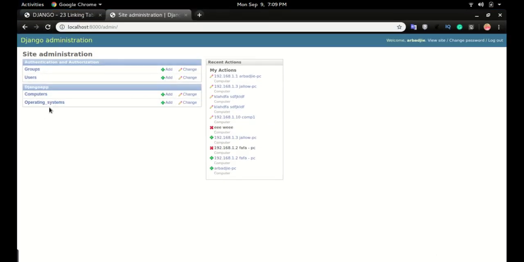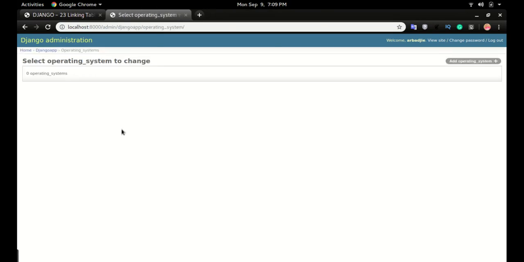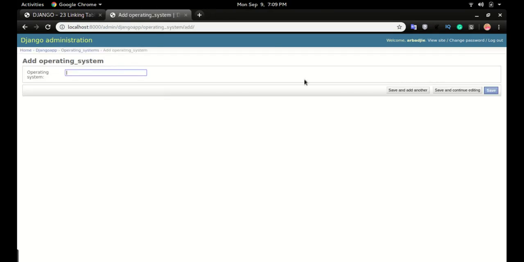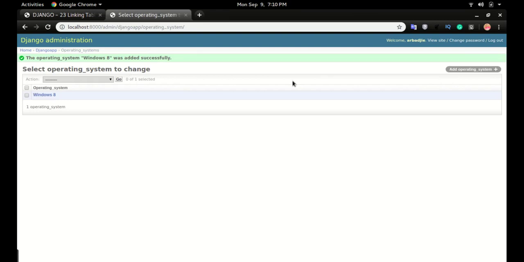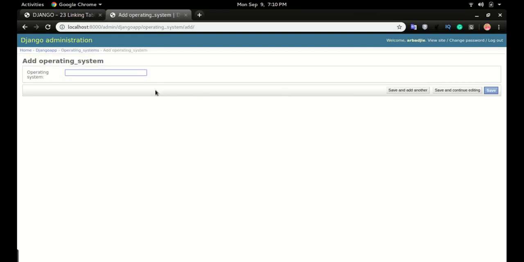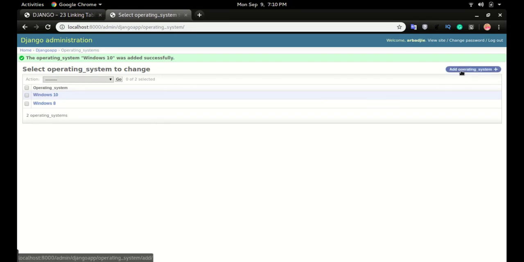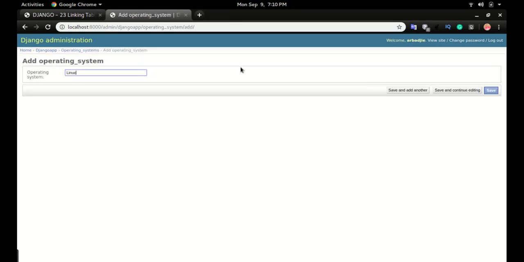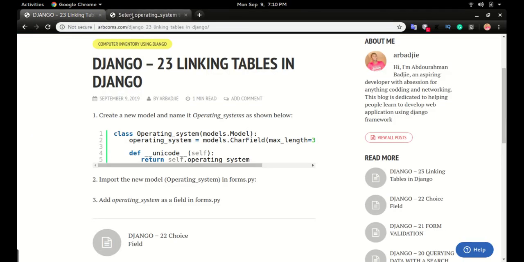Click save and go back to admin and click refresh. You can see we have operating system that we can click and add in the operating system. Let's type Windows 8, and add another one, Windows 10. We can add another, Linux. Okay, so when I head back to the application,